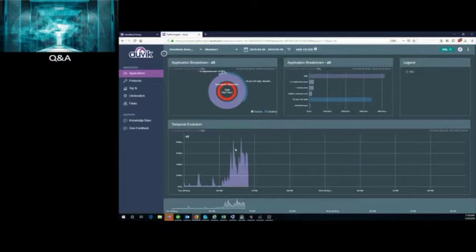It really helps with the troubleshooting, with the long-term analytics, to see how your network is performing over time, how your network is performing over a particular time period,